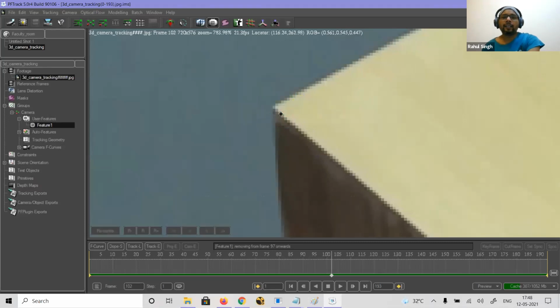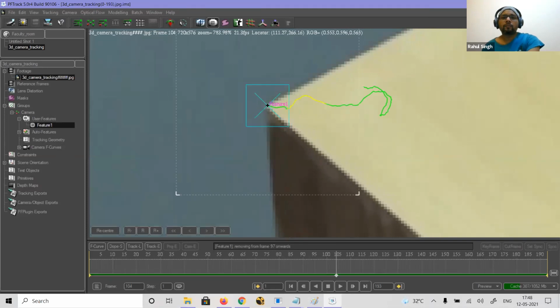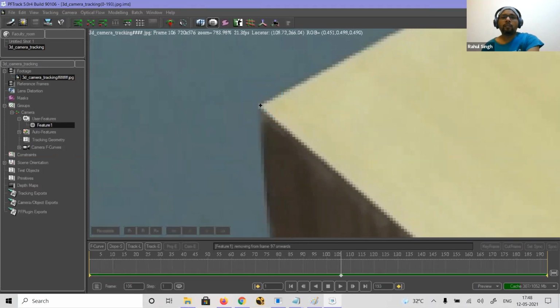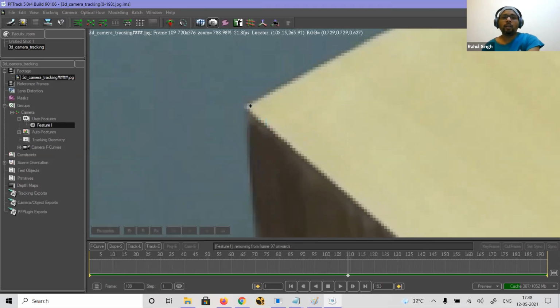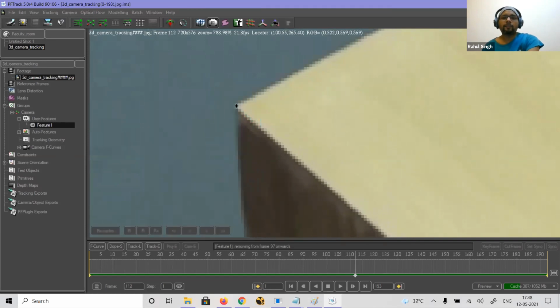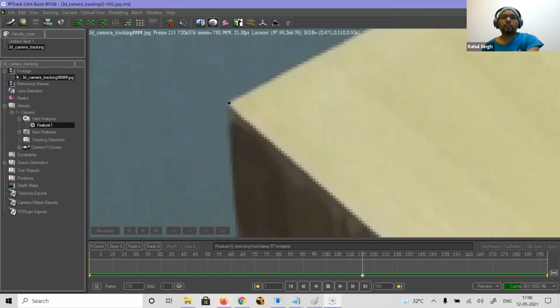See, now the green color is getting added. In that motion there was a lot of blur, so that is why it was unable to identify where the point is. So what you can do is manually track this object.